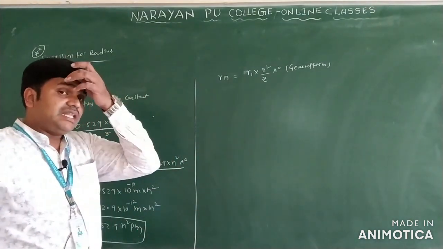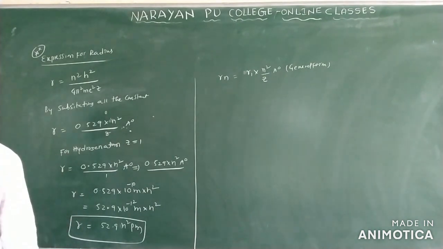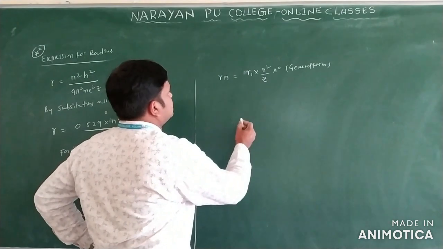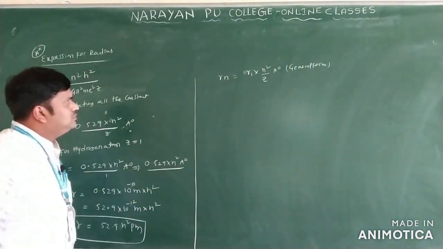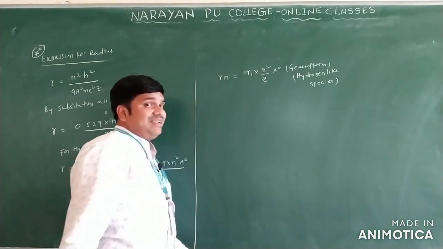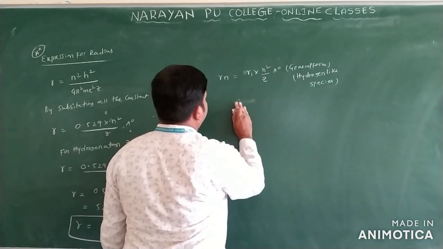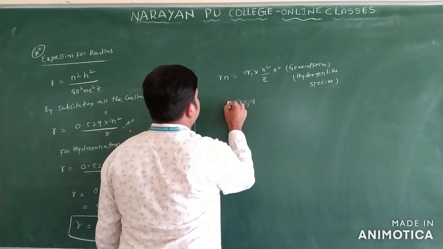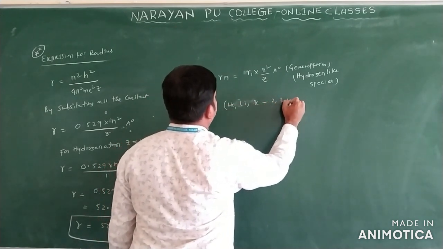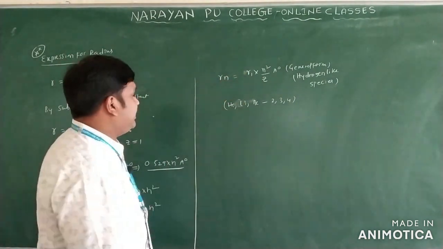Suppose you have to write the formula for a hydrogen like species only. For a hydrogen like species, you will get Rn is equal to, and you can see here Z, if the Z is given, that is hydrogen like species only. So suppose you are writing helium, lithium and beryllium, you can use Z as 2, 3, 4 like this. Okay, so these are the formulas we can use for the radius of the nth orbit only.